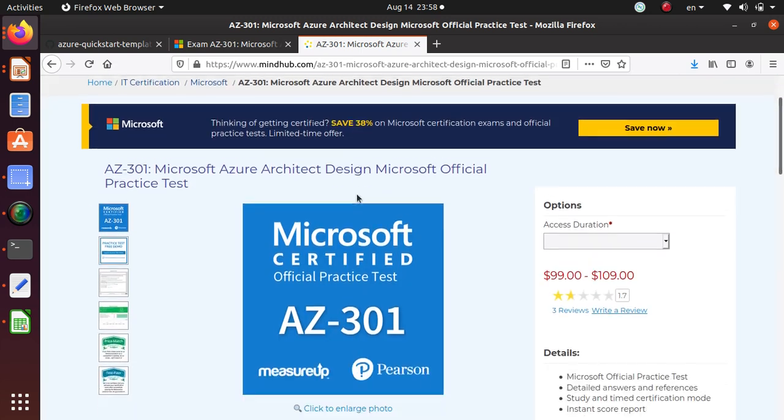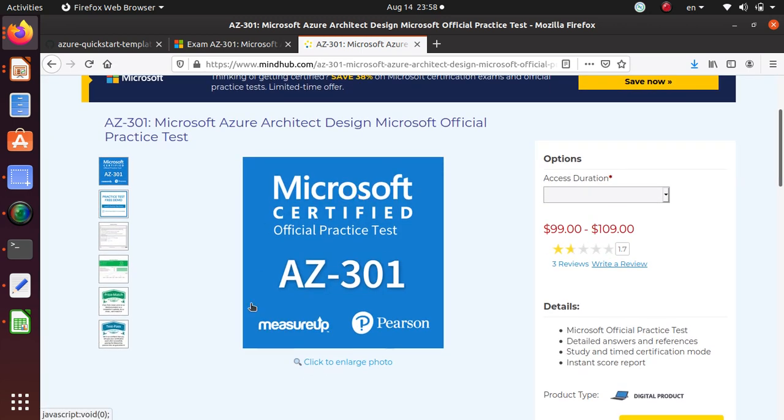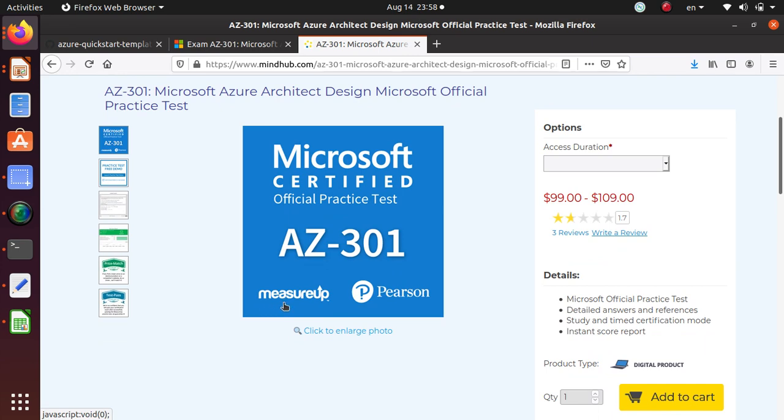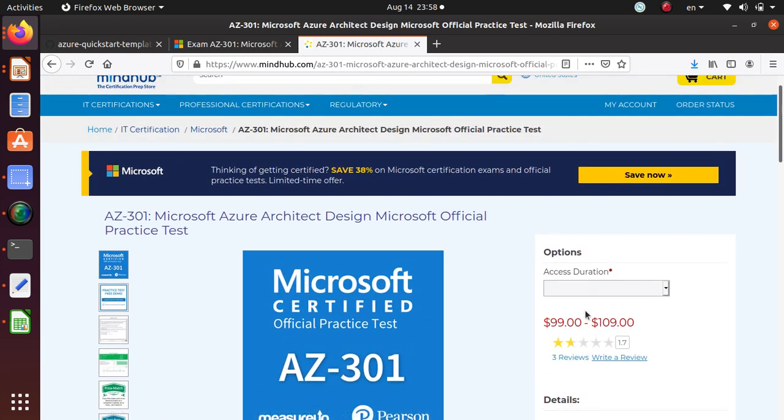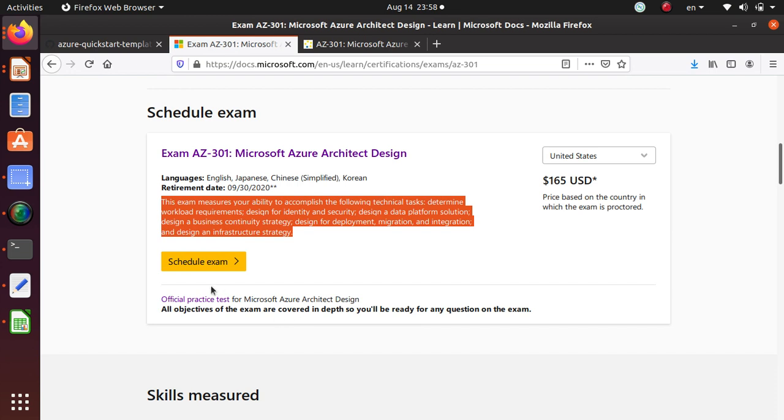It's always good to have some sample questions so I'm familiar with what kind of questions to expect, what is actually testable, and things like that. So this looks like a MeasureUp and Pearson collaboration, and it costs close to $100, right? So you can do that, but I'm not interested in that product. I'm just going to go ahead and